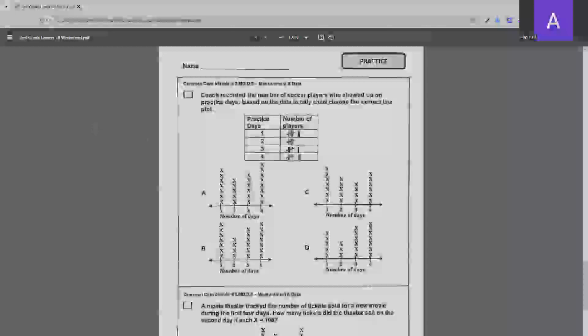Next, coach recorded the number of soccer players who showed up on practice days. Based on the data in the tally chart, choose the correct line plot. So this time the data is given to us in a tally chart, which means that each line is one player. So to make it easy for us, let's just convert the tally chart to an actual number. So each one of these